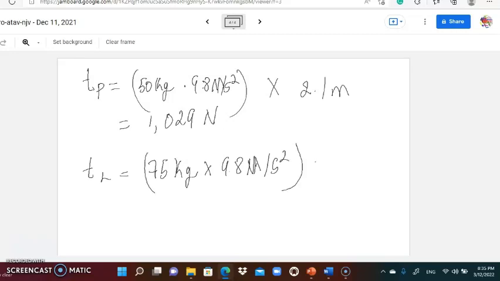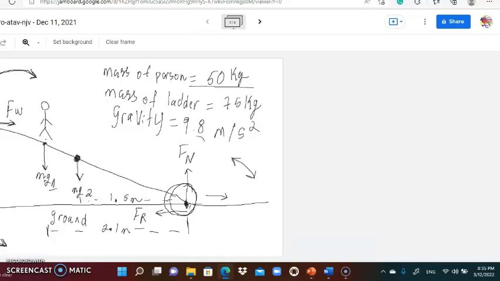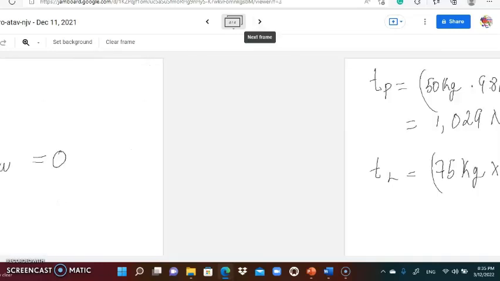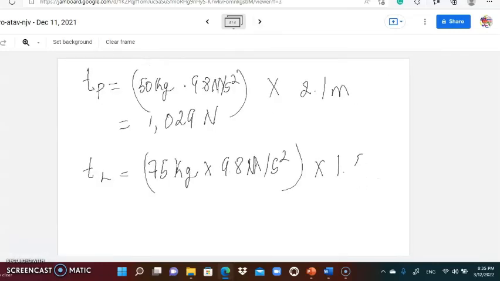And of course, we have to multiply that by its perpendicular distance, which is 1.5 meters. And that is going to give me 75 times 9.8 times 1.5, which is going to give me approximately 1,103